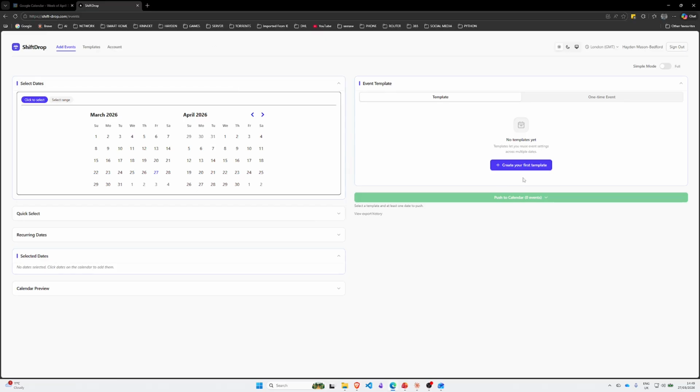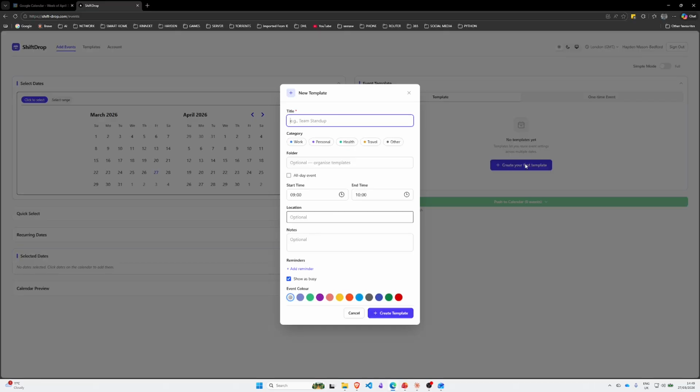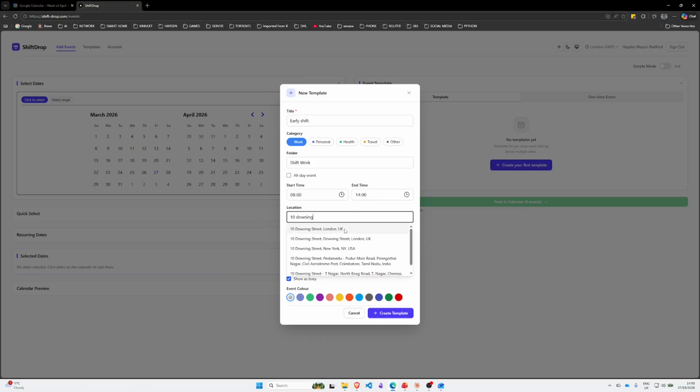So first things first, I'll create a template. Call this early shift. It's a work category. I can create a folder for the templates. We'll give it a start time, 8 AM to 2 PM. For the location, you can just type a general location, or it has the Google Maps API built in. So we'll have a look for 10 Downing Street. Here you go. And you can add any notes in here,